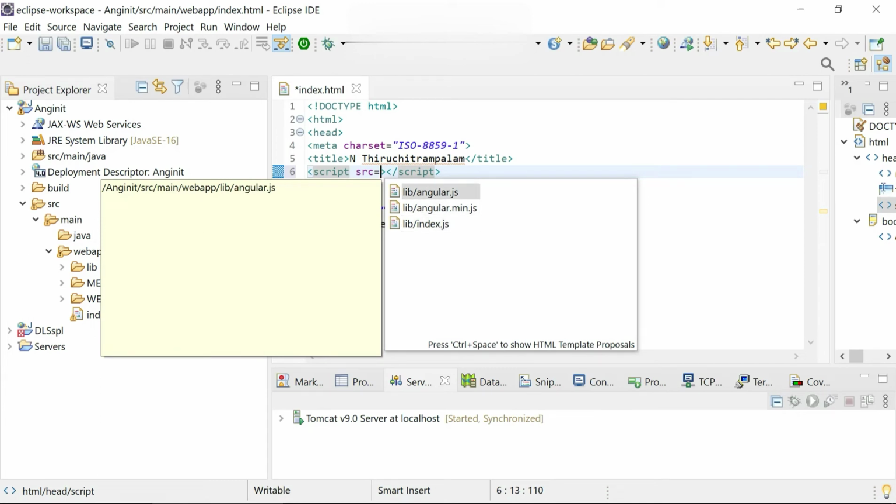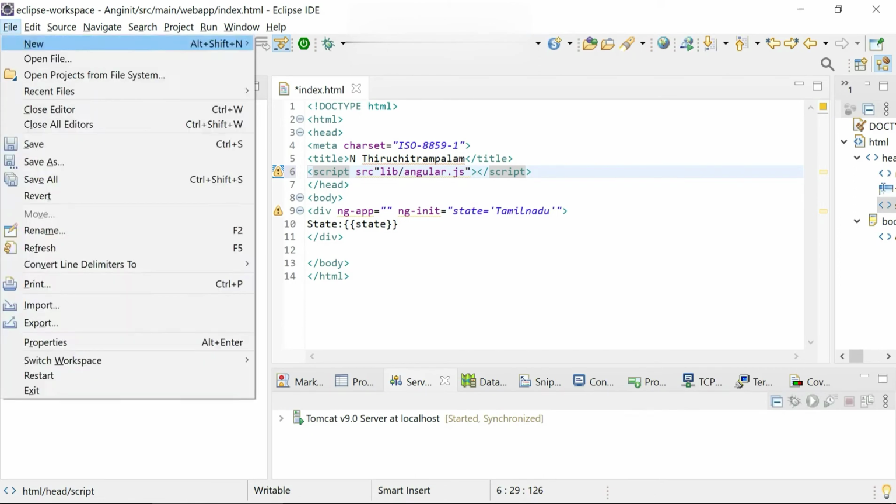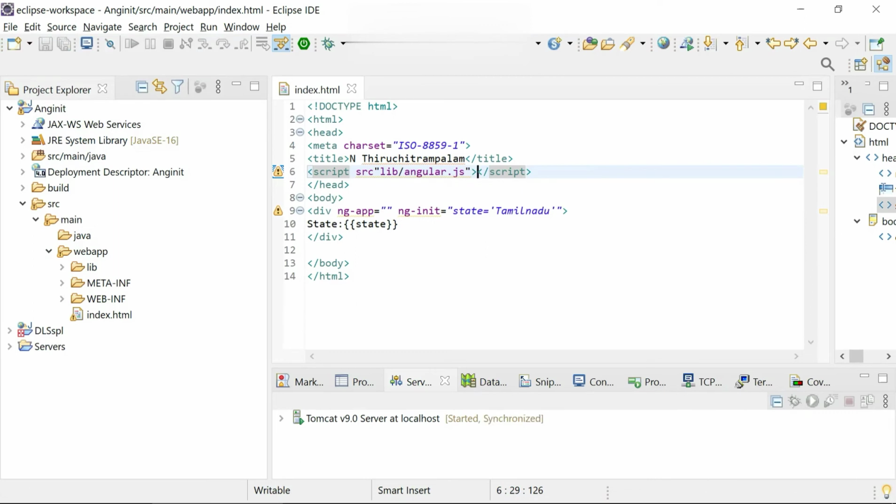So I'm going to select lib/angular.js. That's the Angular.js file name we need to give. Now we have added Angular.js to this HTML using the script element. Now I'm going to run this.